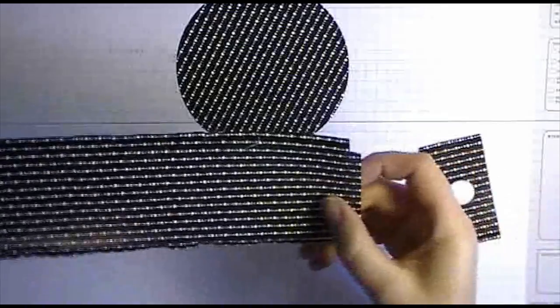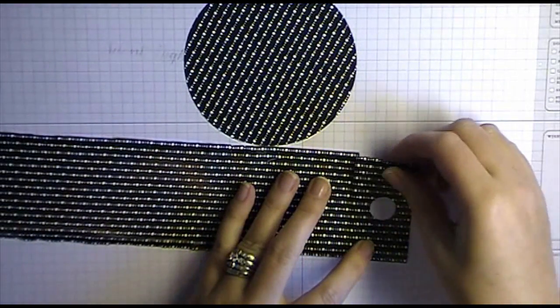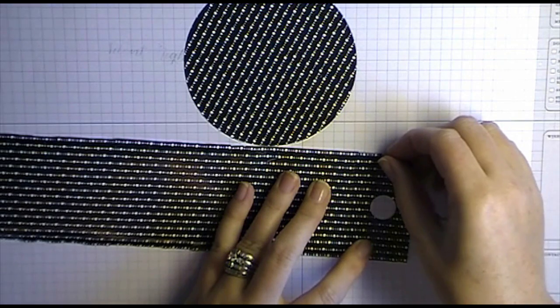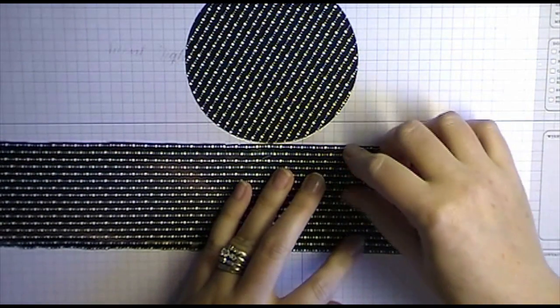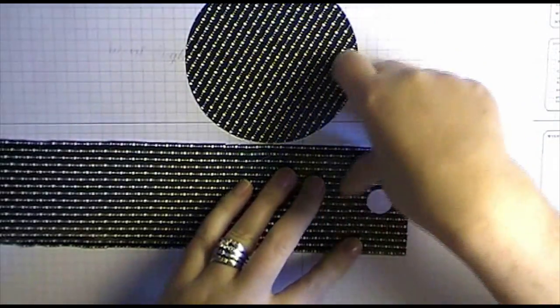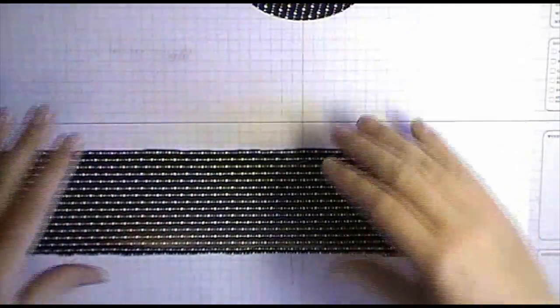So I've added a piece onto either side, and I'm just going to join these two together. And if your DSP has a pattern, you try to line it up as best you can. That way it looks a little bit more seamless and put together when your project is complete. So after you've done that, you're going to